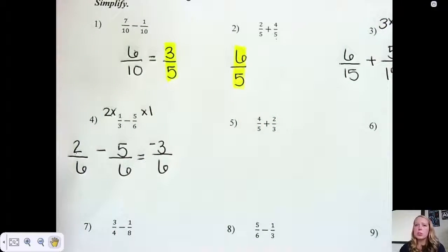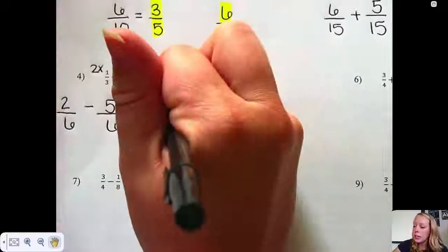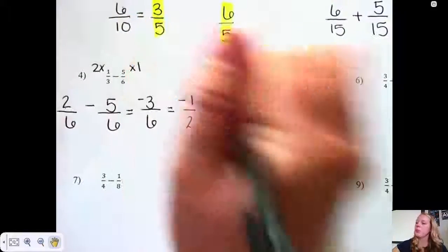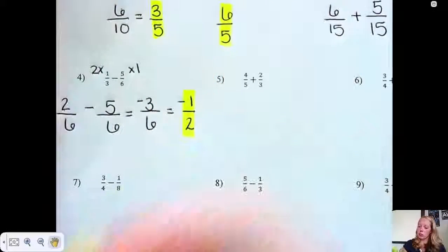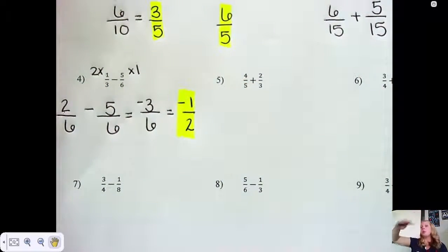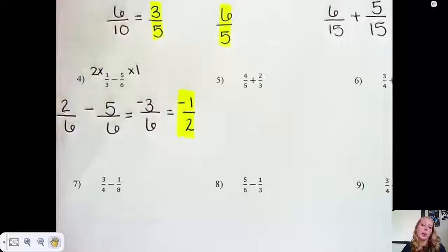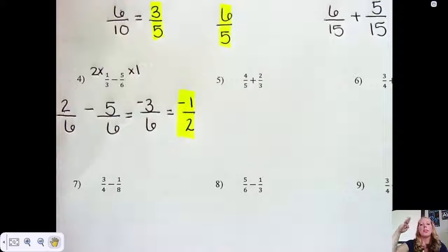And can 3 over 6 reduce? Definitely. You can divide them both by 3, and you would get negative 1 over 2. Now, some people get a little confused about that negative sign. That negative can go in the numerator, the denominator, or it can go right out here in between the numerator and denominator. Me personally, I like to put the negative sign, if it has one, up in the numerator so